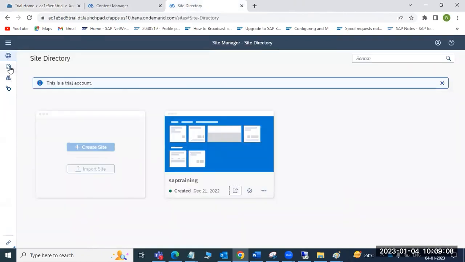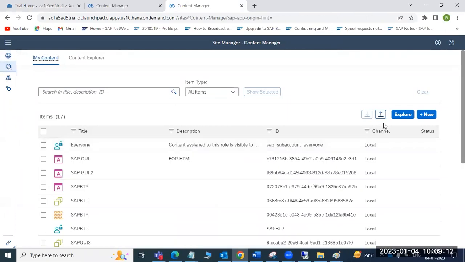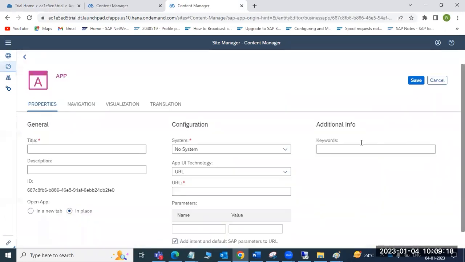Okay, you want to create the app, right? This is the site directory. You go to My Content here. Just click on App, since you want to create an app. What is the title name? App title name, maybe...